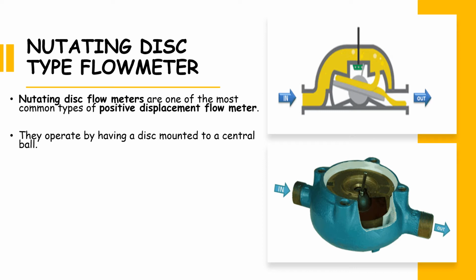So the liquid enters a precision machined chamber containing a disc. Now the position of the disc divides the chamber into two compartments containing an exact volume. The liquid pressure drives the disc to wobble and the roller cam causes the nutating disc to make a complete cycle. This motion is again translated into a rotary motion by means of a ball and a shaft which is attached to the disc. The movements of the disc are transmitted by a gear train to an indicator or a pulse transmitter.